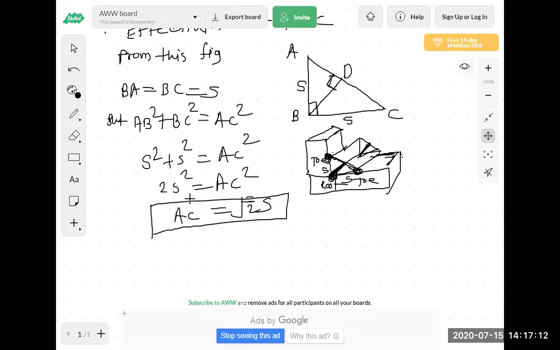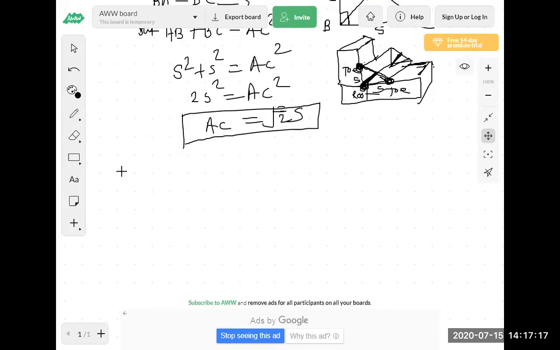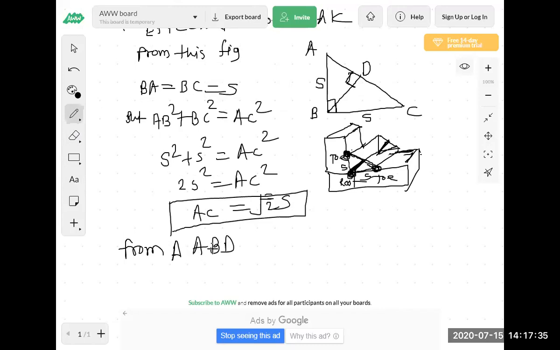Now if we think about this triangle ABD, now from triangle ABD, earlier we thought about the whole triangle ABC, in which we calculated the value of AC. Now we have to think about only ABD.